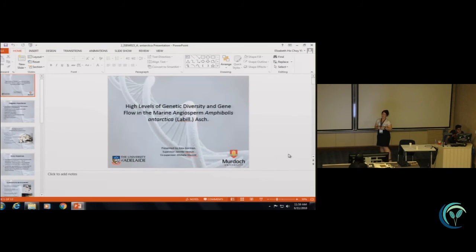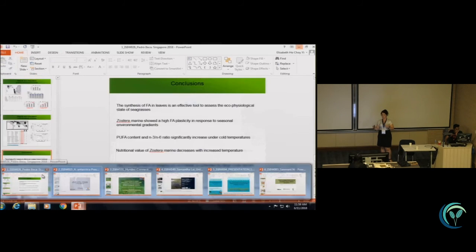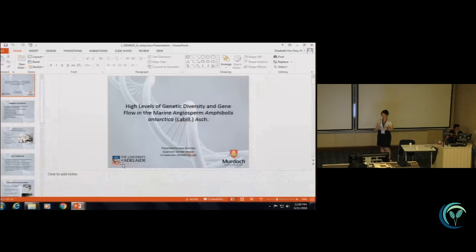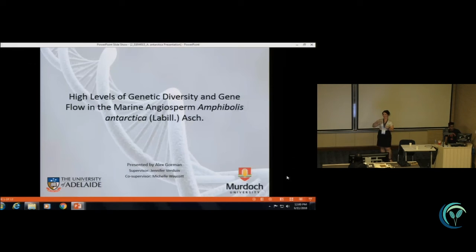So we didn't look at the individual DNA of each species, we traced the genetic connectivity, because I had so many samples to process and it was only my honours research and I had a very short amount of time to do it. However, Michelle, who is one of my supervisors, is there, and my other one, Jennifer, they are continuing the research, so they might look into something like that at a later date.